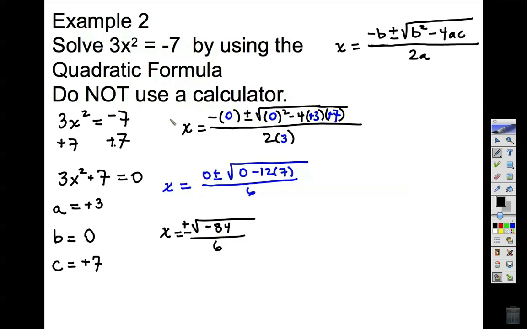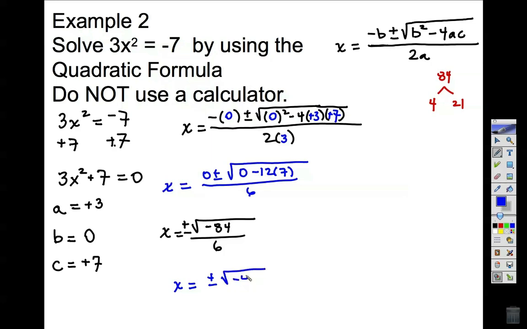When we split up 84, since we're not using a calculator, this is side work over here. I know that I use 4, 3, and 7. 4 is a perfect square, so I'm going to divide 84 by 4. That means 3 times 7 is 21. 4 is already a perfect square. 21 is not a perfect square and cannot be broken down into perfect squares because it breaks down to 3 and 7. So instead of rewriting 84, I'm going to be writing x equals plus or minus